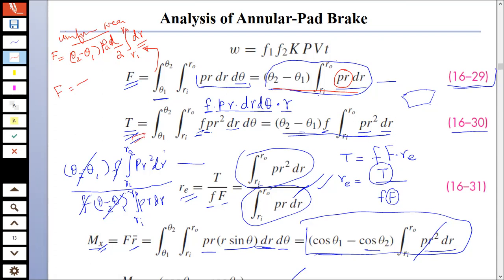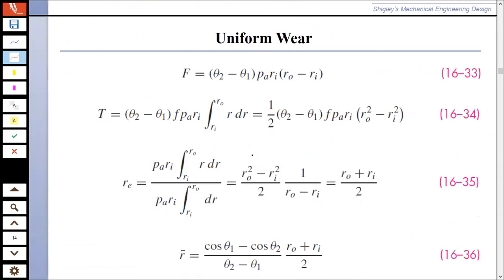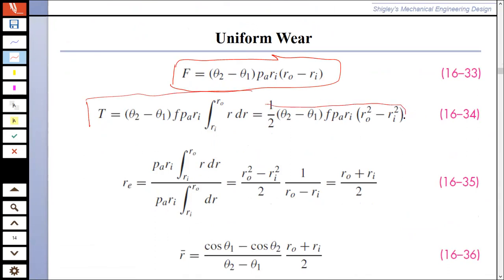इसी तरह T में टॉर्क जब मैं मालूम करूंगा तो I take इसको मैं स्प्लिट करता हूं, that will become P, that will become P R times R. So this will become constant. It is going to go out of the integration sign. और यहाँ पे R रह जाएगा. When I integrate this will become R squared by 2. ठीक है जी। तो that is what I'm going to do. और अगर उसको मैं करूँ तो these are the final equations for the uniform wear model, and similarly torque for the uniform wear model. ठीक है जी।